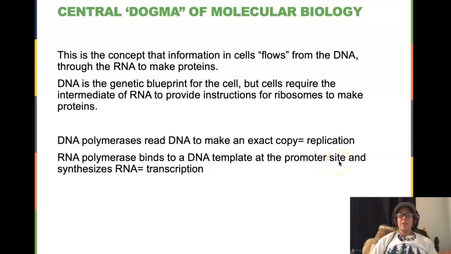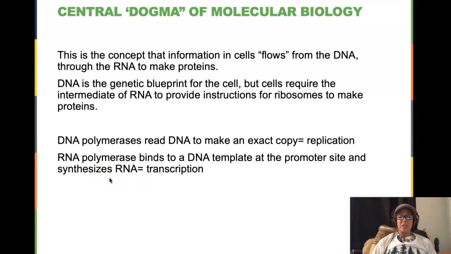And by site, I mean a precise sequence of nucleotides. And the order of those nucleotides, they are chemical, so they will have a particular shape. RNA polymerase will recognize the shape of that promoter series of nucleotides,